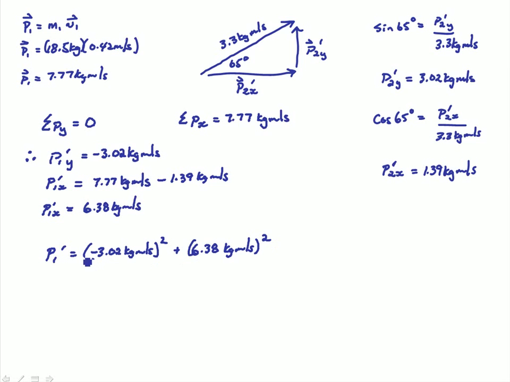Take the square root of the result, and the resulting momentum, 6.38 squared plus 3.02 squared, take the square root, you get 7.05